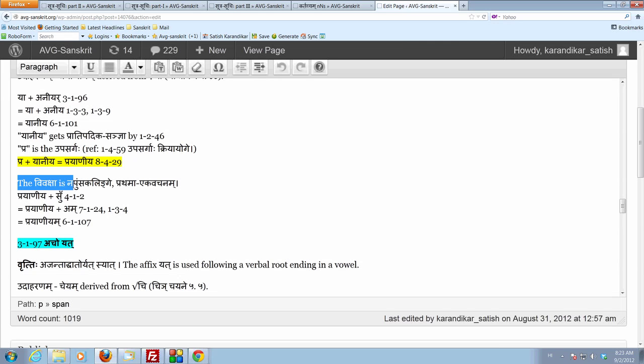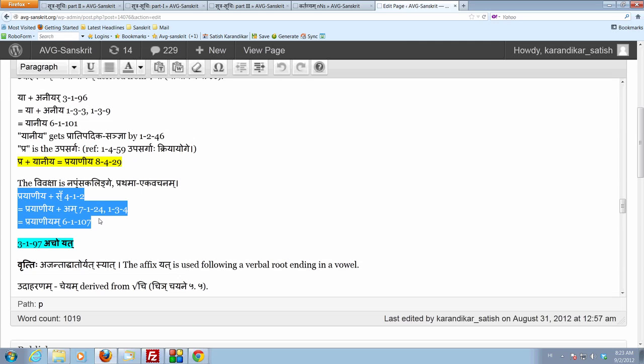So if we take napumsakalinge prathama ekavachanam, then it becomes prayaniya plus su, add the affix su. The su takes the adesha am by atom, and the makara does not get the sanya because of na vibhaktau tusmaha. And finally we do ami purvaha. So there is nothing special about this part. It is the same, because we are considering a bhave prayoga, it will be napumsakalinge ekavachanam,